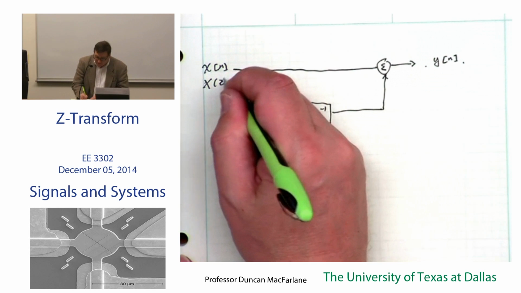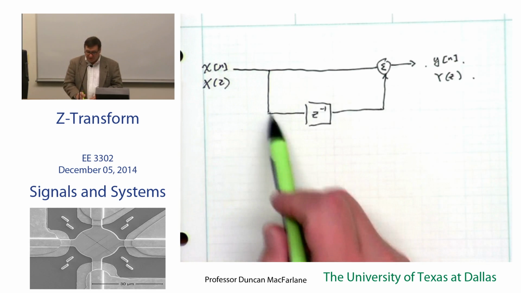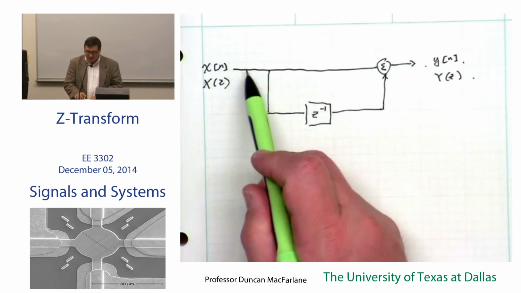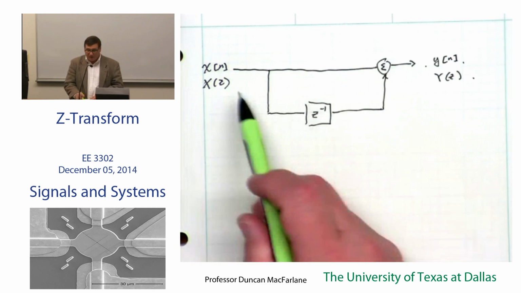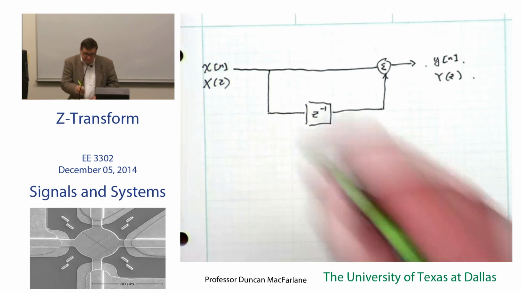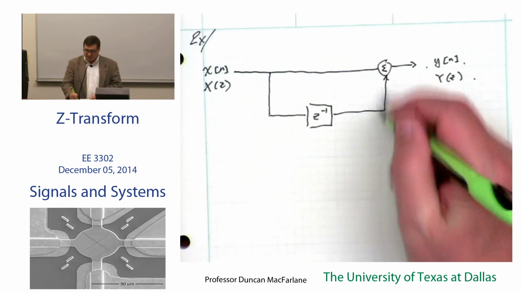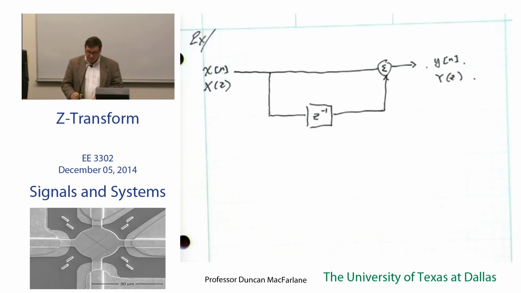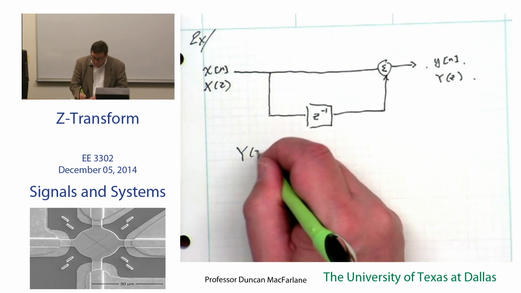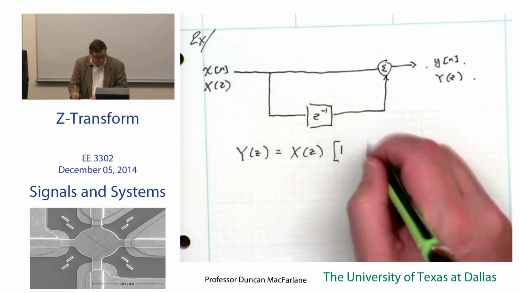That's equivalent to an x of z and an output y of z. And you see that this signal gets delayed. And so there's a signal that flows through straight, and then there's a signal that flows through and sees 1 unit of delay. There's no weighting there, so these come in at exactly the same weight amplitude. So I have y of z is equal to x of z, and just skipping exactly one step